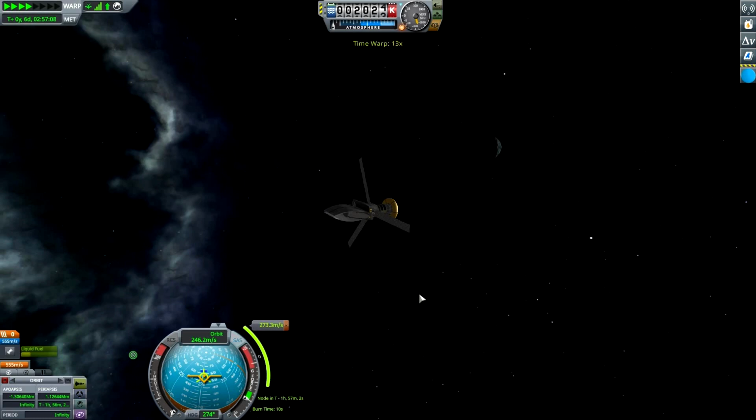Now, let's do the time warp. Maybe a little bit stronger time warp. That's 1 hour, come on, you can do it. Beautiful view, and Minmus, we're just coming behind it, and it's well lit, so we will have a beautiful view once we actually circularize this